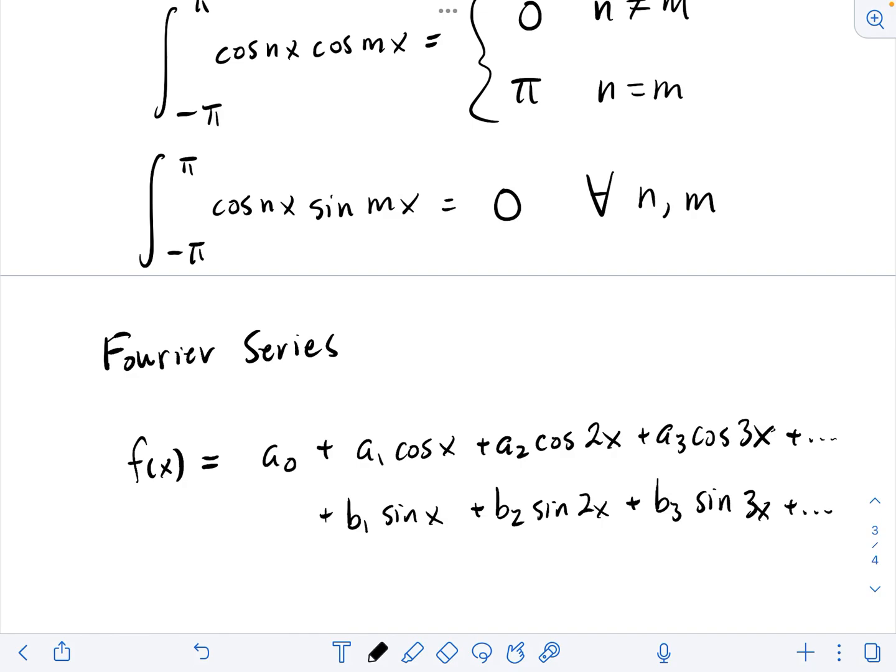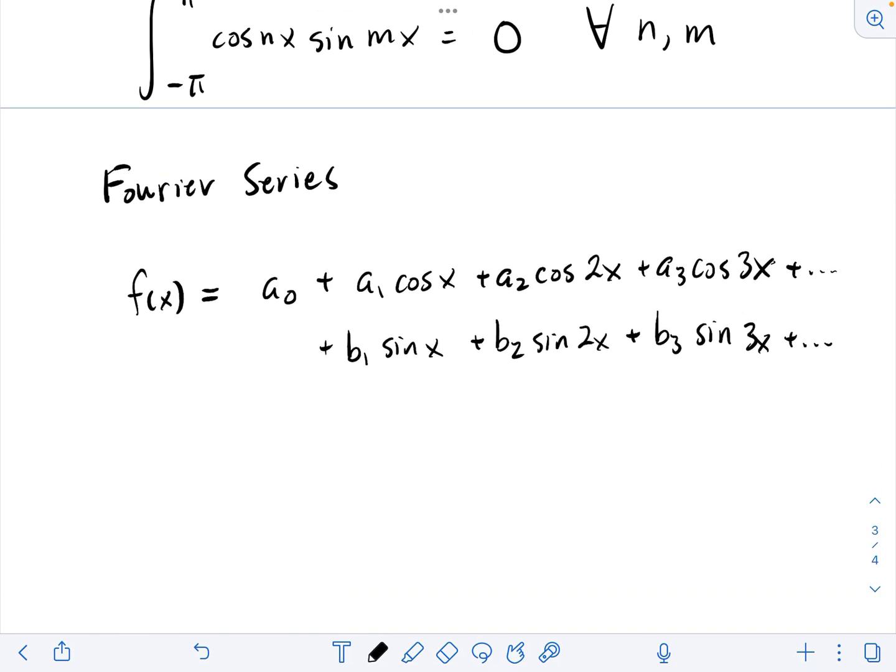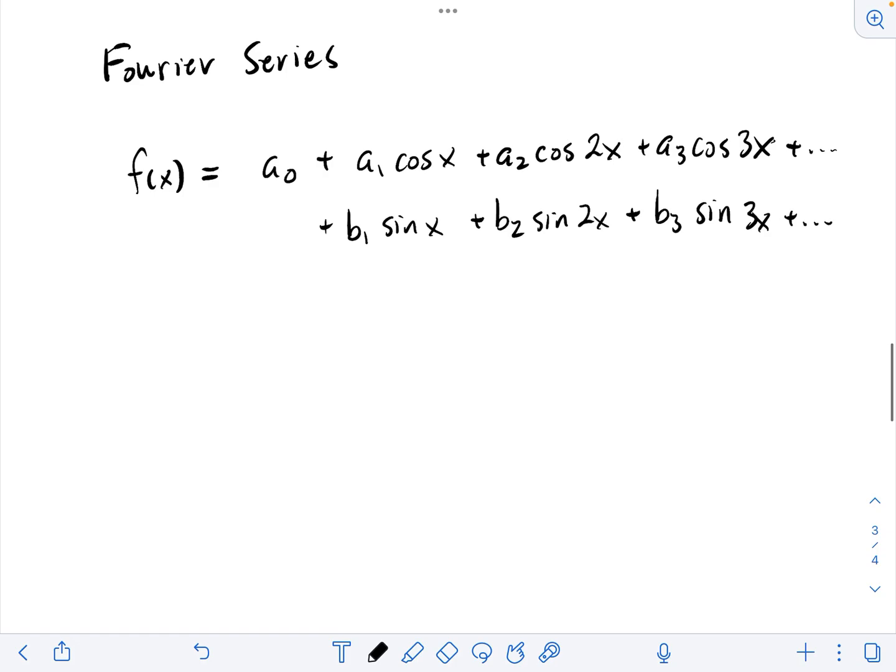Okay, so the problem here is that we have an infinite number of coefficients to determine. If this assertion is true, we have to determine a1, a2, a3, b1, b2, b3, all the way out to infinity for both of those, plus the a0 that's out front. So the first thing we're going to do is try to integrate this f of x. So let's take f of x, which is periodic on the interval minus pi to pi, and let's just integrate the thing